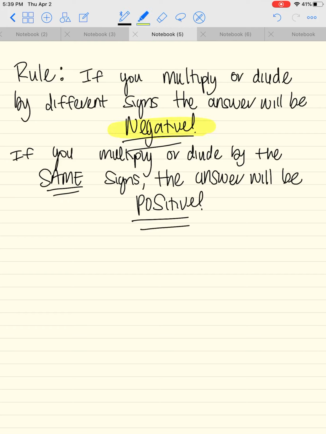And that will never change. Okay? But what about when you have multiple terms in an expression? And what do I mean by multiple terms? So let's take a look, because you might have an example like this today in your exit ticket. You have multiple terms. So for example, you might have